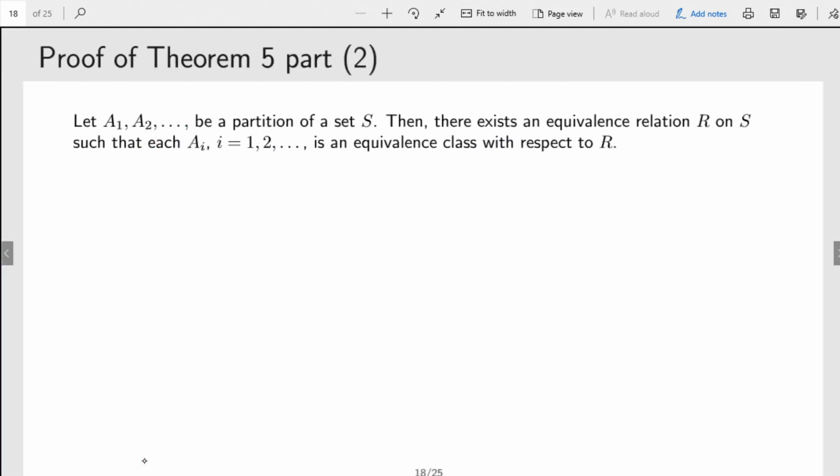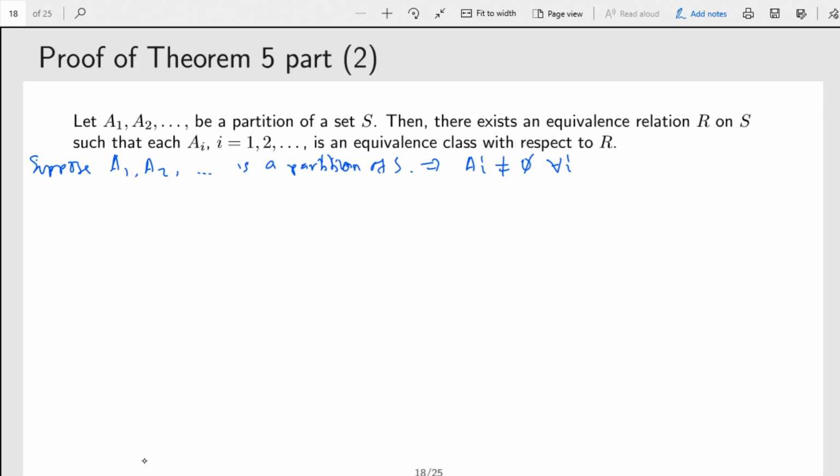Now the second part of theorem 5, we start from a partition and we show that there exists an equivalence relation R on S such that each member of the partition is actually an equivalence class with respect to R. So for that, let's assume, suppose A1, A2, and so on is a partition of S. Now obviously this means that AI is not empty for all I,